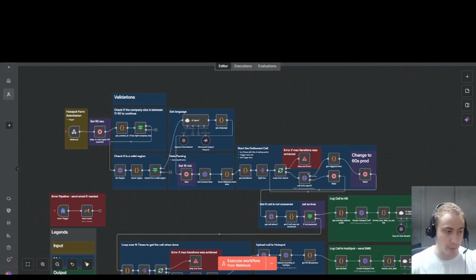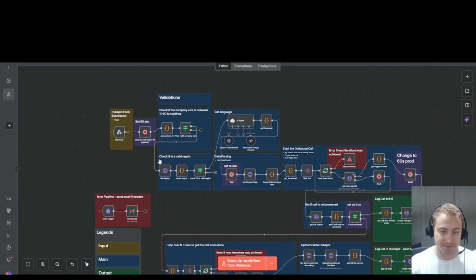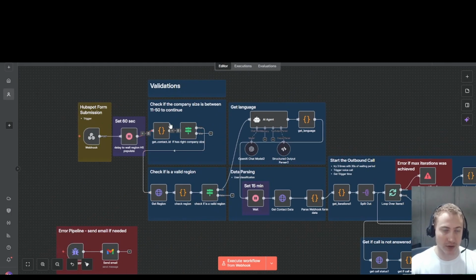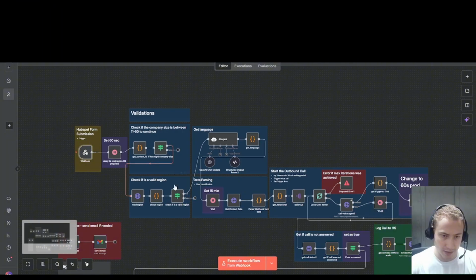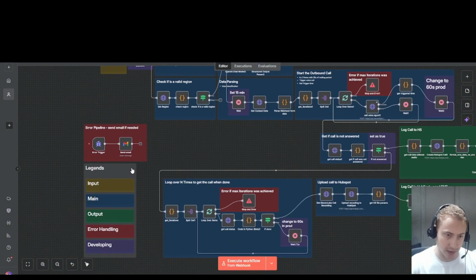All right. So basically, this is one of the examples from my voice agent using n8n. What this workflow is currently doing is getting a HubSpot form submission, which triggers it right here, and then waiting a little bit of time. It's cool because it's color coded as well, so you can see the legends: input, main, output, error